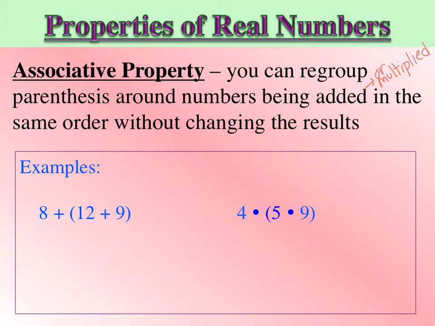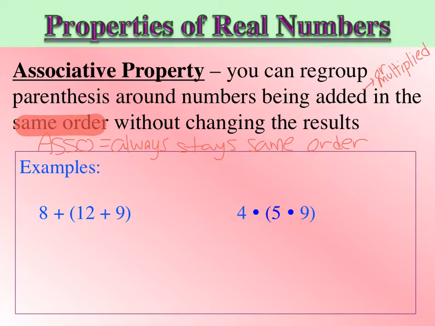Alright, so next we have associative property, which states that you can regroup parentheses around numbers being added or multiplied in the same order without changing the results. Please add that in, I forgot to type it. So the important concept here is that it needs to be same order, and you're just regrouping or moving parentheses. Something to help with the way associative is spelled: if we take ASSO, it can stand for always stays same order. Meaning you're going to see the numbers in the same order, but just have the parentheses